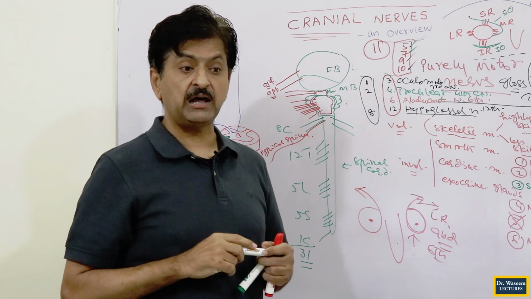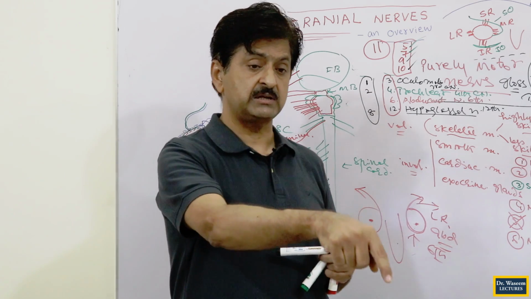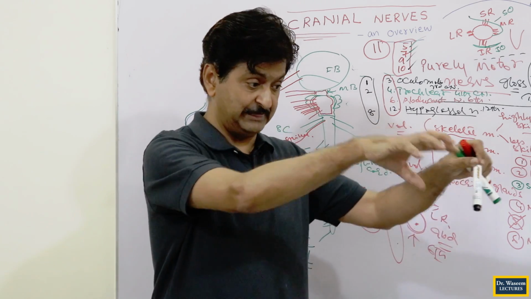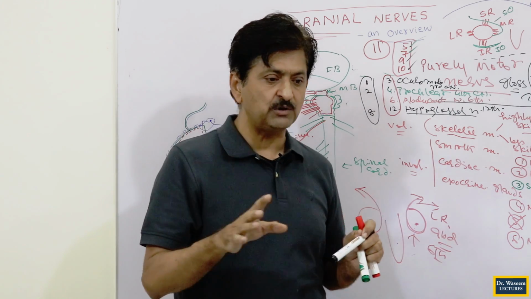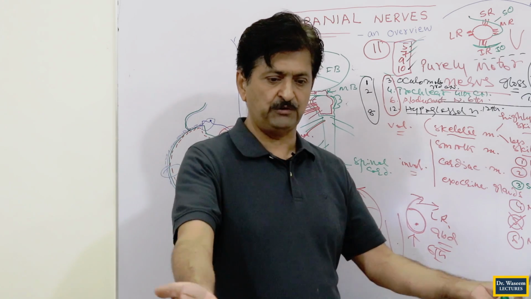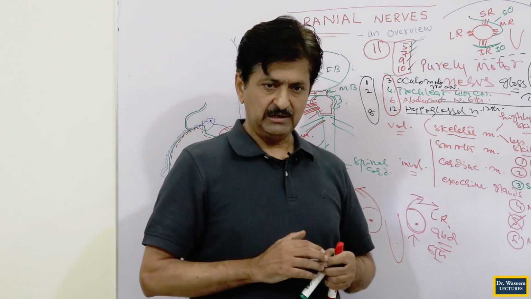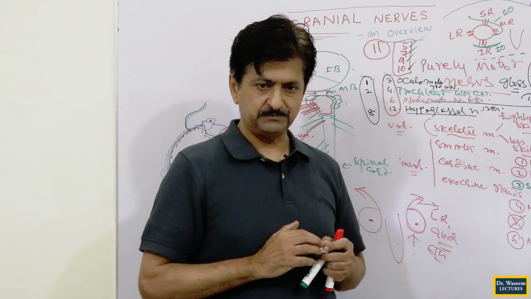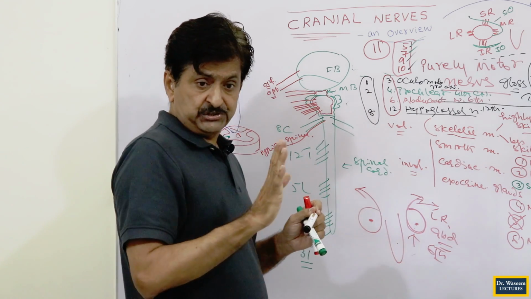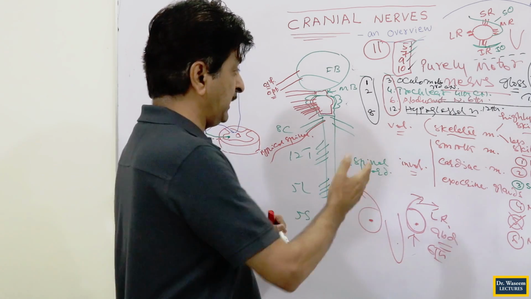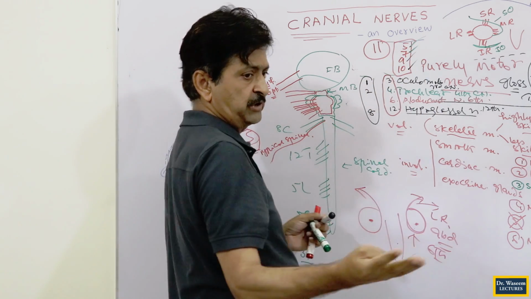So if you are going to the pharyngeal arches to supply the muscles of the pharyngeal arches, you are bound to supply the sensory organs which will be offered in those pharyngeal arches also. That is why you have to be mixed here. So if you want to actually locate your mixed nerves, go to the pharyngeal arches and watch out their muscles here, and you will be able to easily answer what are the mixed nerves here. Understand? So by now these things you have done here, and if you are actually looking at your mixed nerves, I told you that they are 5, 7, 9 and 10, 4 nerves.